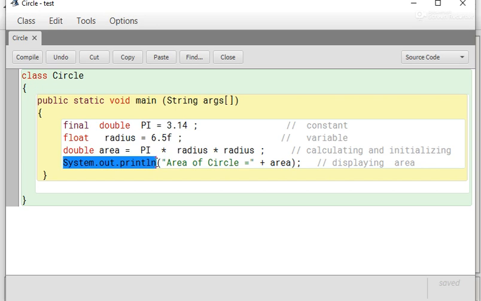To give output we use system.out.println method and here in green color, that is in inverted comma, it is the message that is visible on the output as it is. After that plus area, this is the variable where calculated values are stored and this value is shown on the screen when we run it.